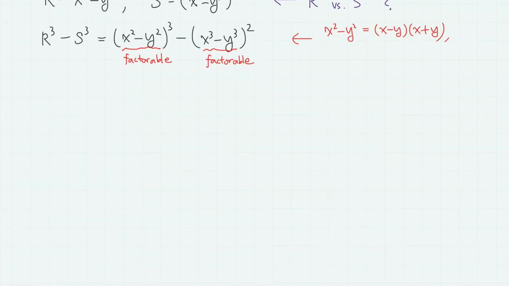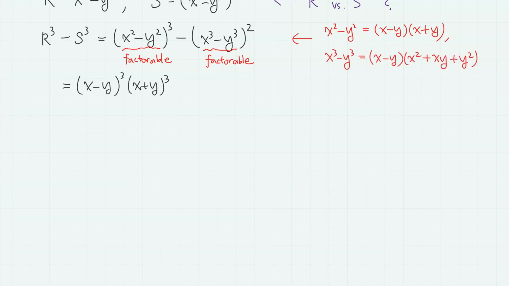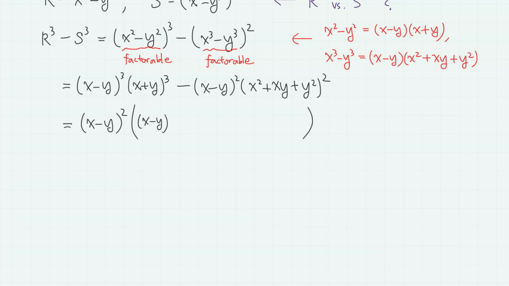Specifically, x squared minus y squared is factored into x minus y times x plus y. So we have (x minus y) cubed times (x plus y) cubed. And x cubed minus y cubed is factored into x minus y times (x squared plus xy plus y squared). So we have minus (x minus y) squared times (x squared plus xy plus y squared) squared. So notice that now we have (x minus y) squared as the common factor. Then we have first additional x minus y, then (x plus y) cubed, and minus (x squared plus xy plus